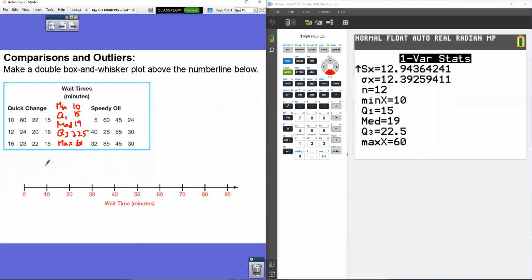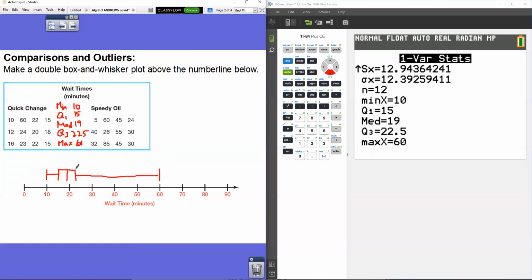So if I was going to do my box and whisker plot, I'm going to put one right here for min, 15 is approximately right there for our Q1. 19 is approximately right here for our median. 22.5 for Q3. And our max is 60. So now I'm going to make my whiskers